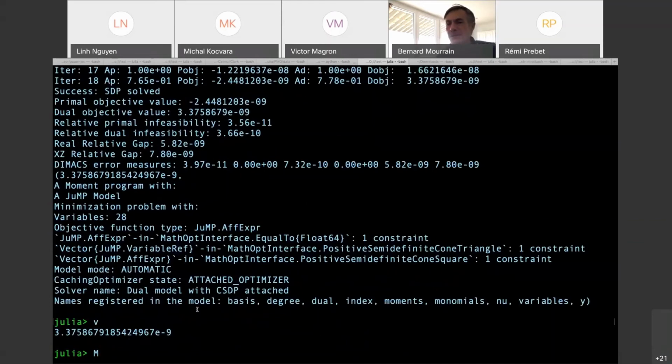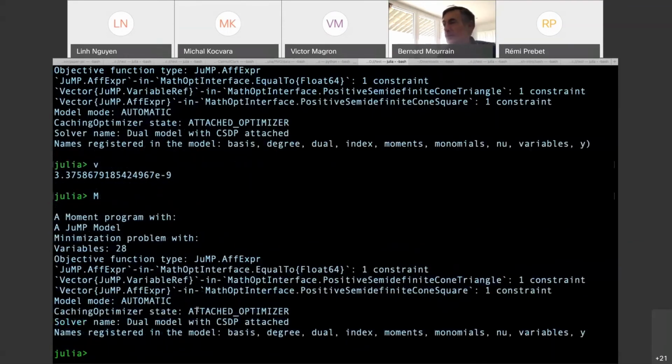And M is a model, so it's a JuMP model that was presented by Mathieu this morning. In this model, we have in fact some specific attributes that allow us to recover the solution of our minimization problem.